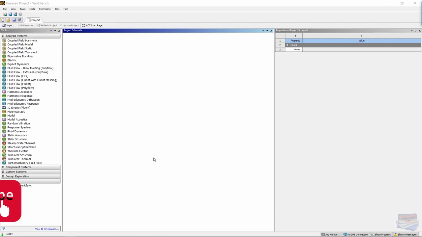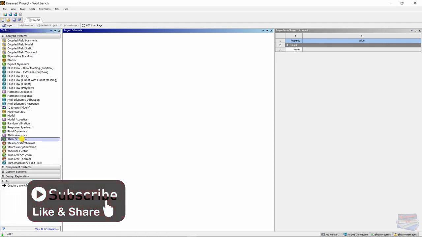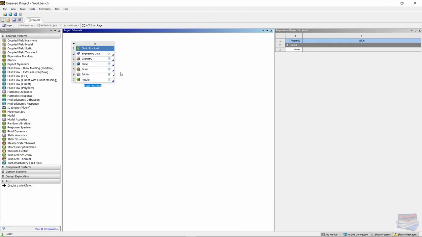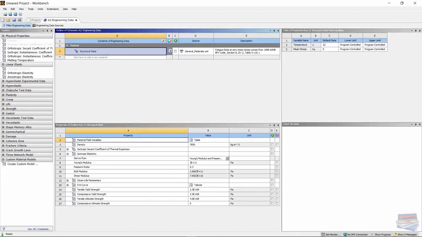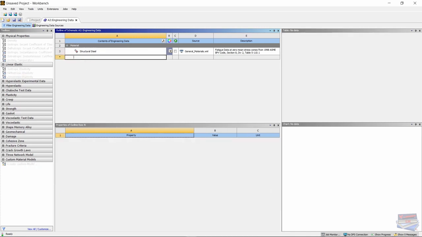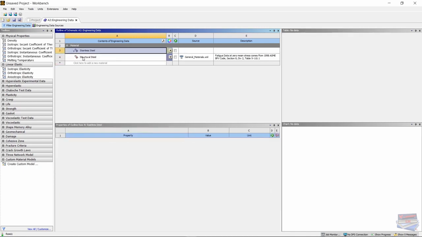Let's begin by dragging a static structure into our project schematic. Let's double click on engineering data. Let's add a new material by clicking here and give it a name. I'll call it stainless steel. With this still selected, let's go over to our properties